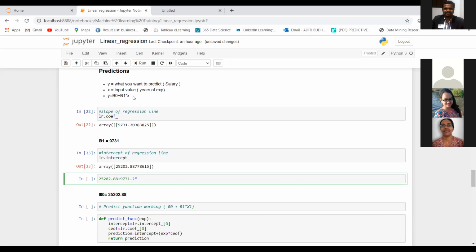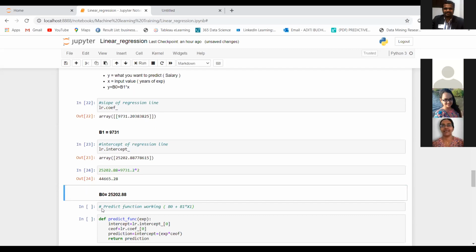Multiplied by x. What is the value of x that we have? I said that it is 2, right? So 2. And then I will run this, and this is the value of y. So this is how the predictions are made. Correct. So Jennifer and Vigneshwari got the answer.